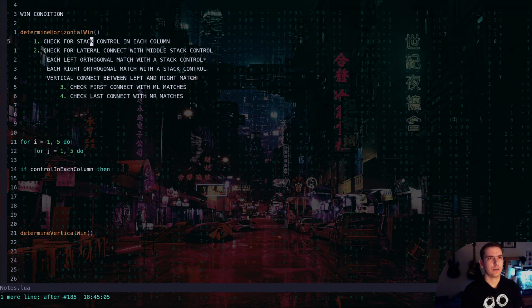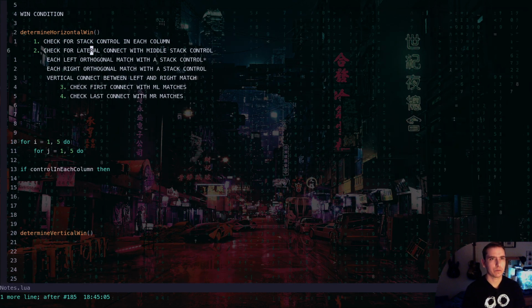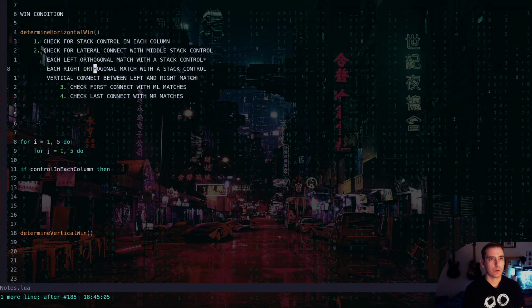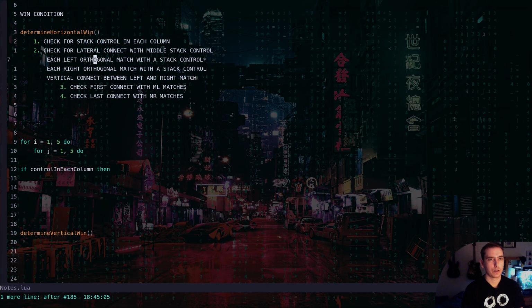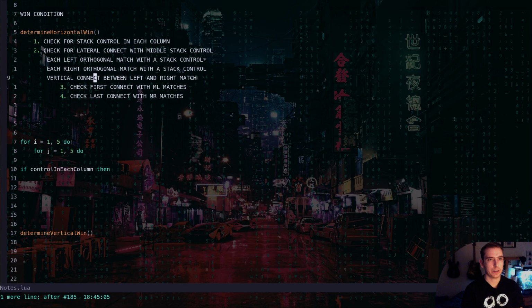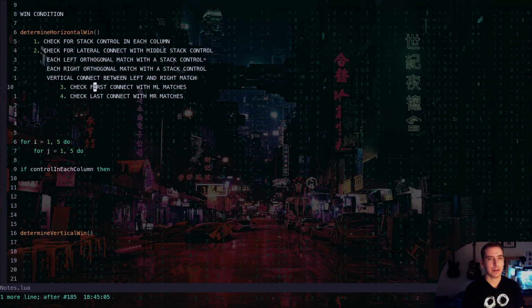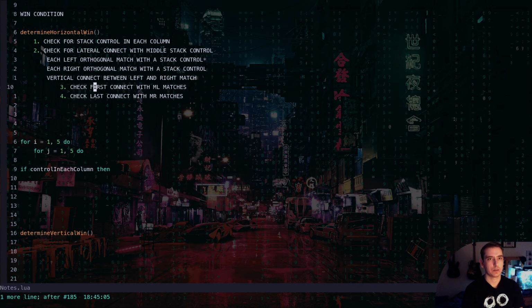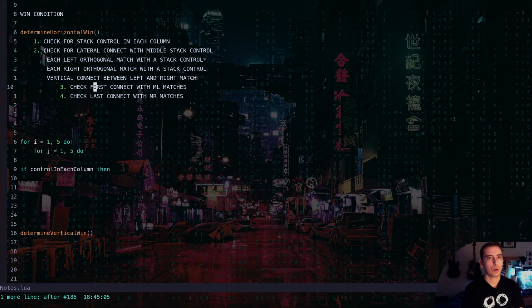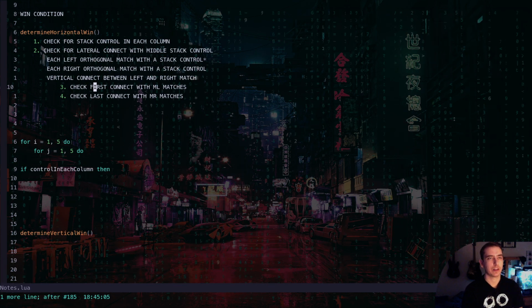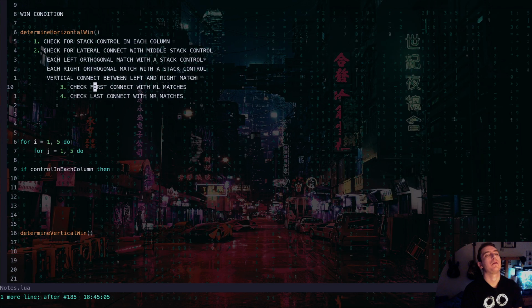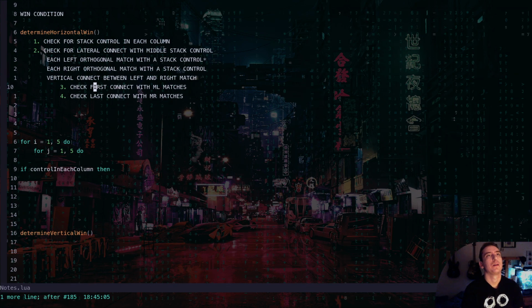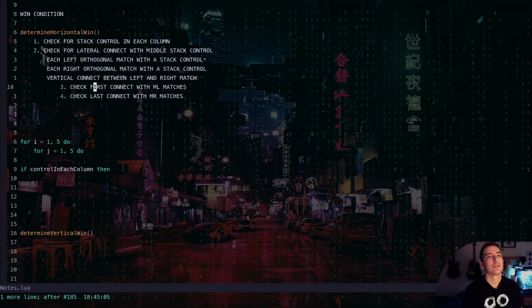Check for stack control in each column, check for lateral connect with middle stack control. That's what we're doing right now. And part of that is checking a left match and a right match. The vertical connect is what we're stuck at because we've already got a function to kind of determine this, but we need to check for the verticals. And then we need to pass that info to a new function called first connect, last connect with all of our middle match objects. So like any row in our middle column that has a left match and a right match,